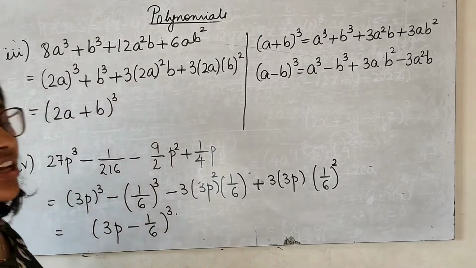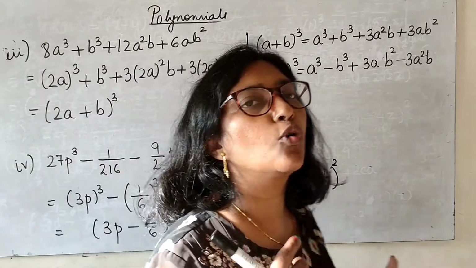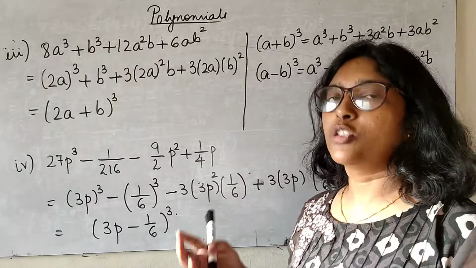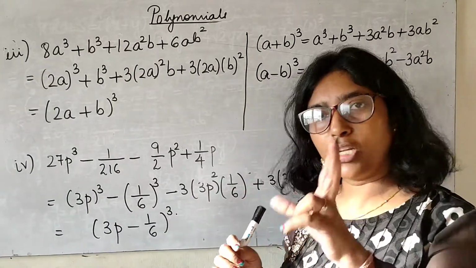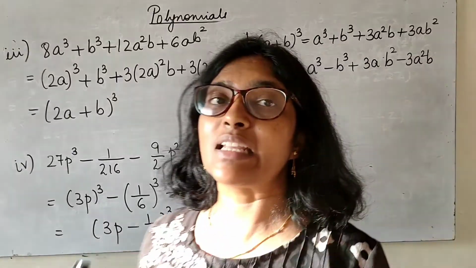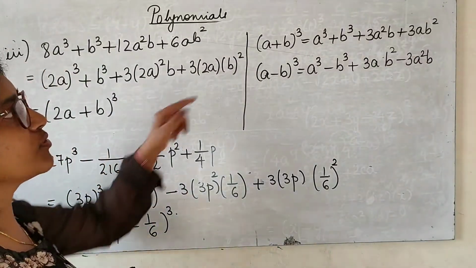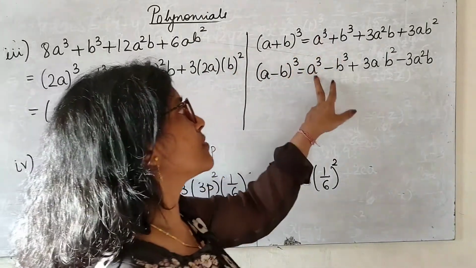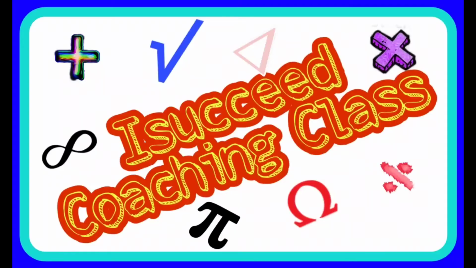So how did we check? If we have 6 terms, we go with the identity a plus b plus c the whole square. Try to adjust it in that way. Only if you adjust the perfect squares, the rest will come automatically. And the next thing, if there are 4 terms, then think of this formula. Try to adjust only these 2 terms. The rest you will get.